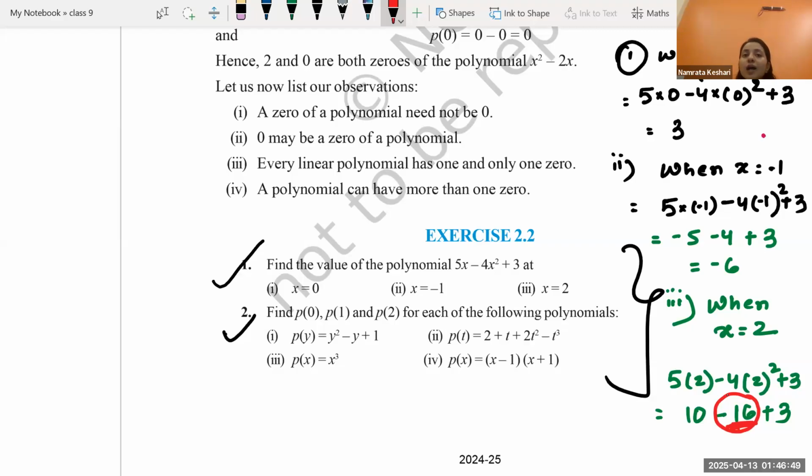If you really want to add two numbers, then you can add 10 and 3. Otherwise, you can go systematically. If this way you end up getting confused, then you can do subtraction first. BODMAS says to do addition first, but addition and subtraction you can do parallelly. Okay, you just have to be careful with the multiplication, division, brackets, and everything. So 10 minus 16 we can do